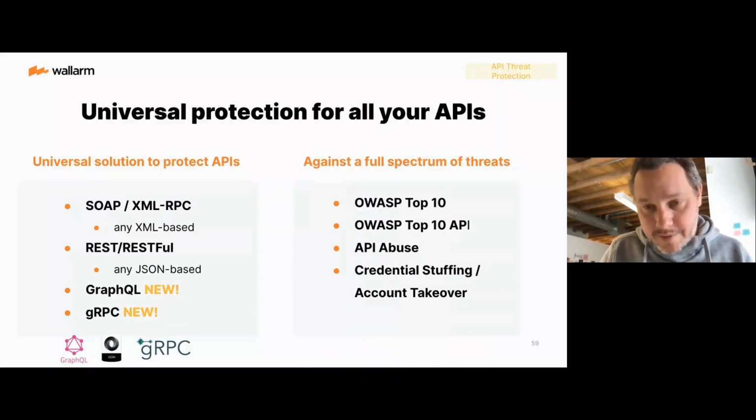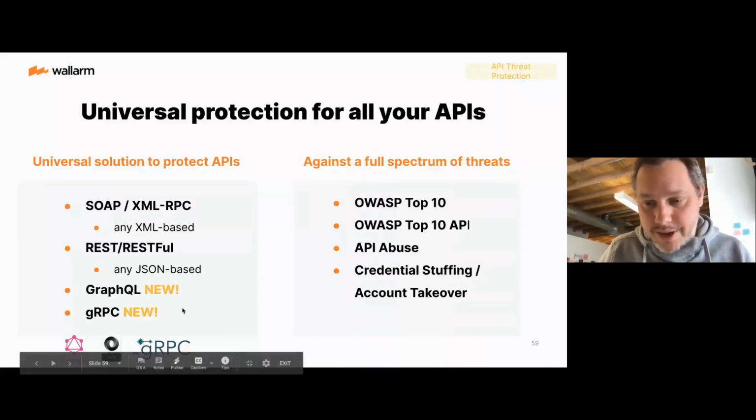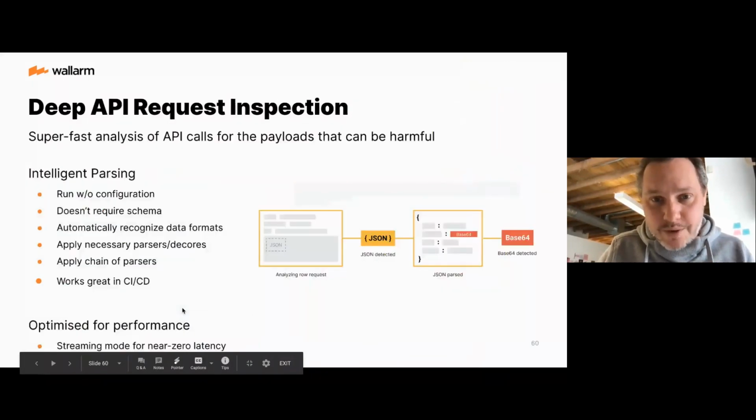And obviously, I mentioned that we are really focused on APIs. So we have always supported SOAP and REST. We can parse XML and JSON, all the nested structures. And lately, last year, we added support for gRPC and GraphQL. So whatever stack you're using, we're committed to protecting it,